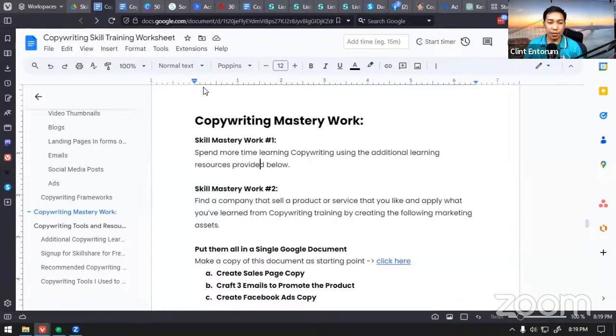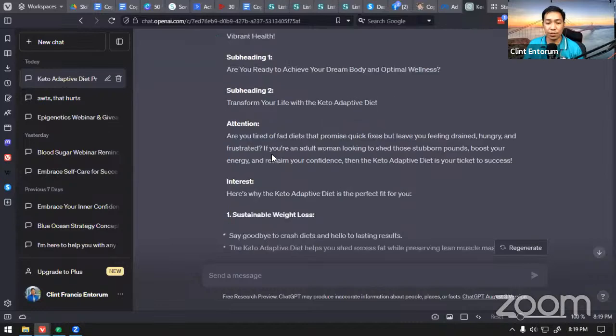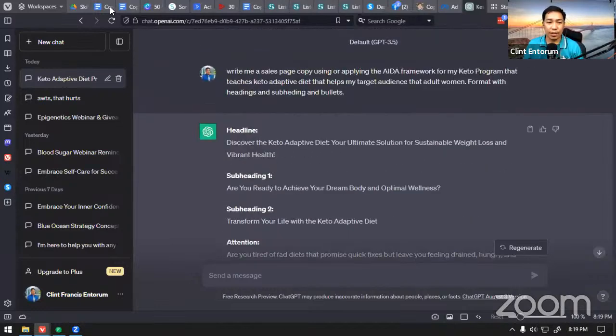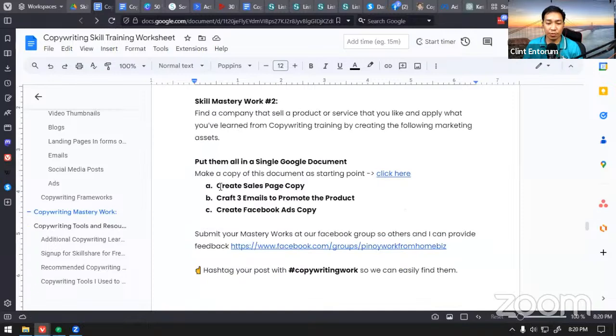So kaya po copy, you just have to paste ano po yung i-generate yung copy for the products that you're going to choose. So again, ang assignment niyo po is to find a product. Okay? Find a product or service that you think that you could write a copy for. And what you're going to write is the copy for the sales page, the copy for emails, copy for Facebook.